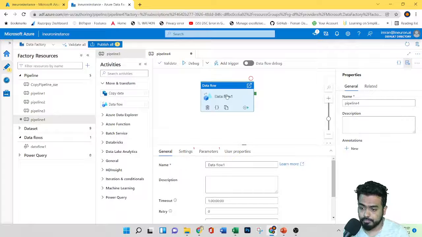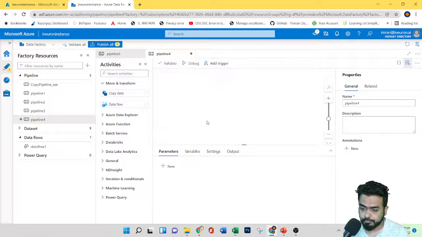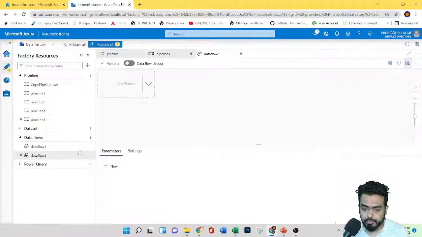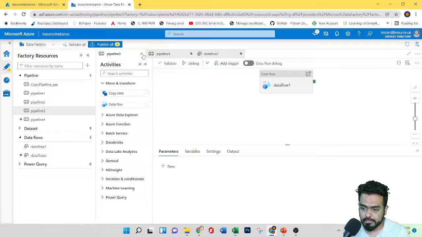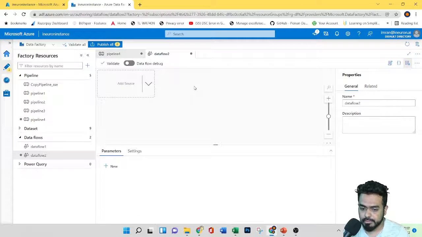Let's keep the name pipeline 4. Now let's create a new data flow, that is data flow 2, and we'll directly add it under this pipeline. Here you can see we have different options, so we can change the name of this data flow. Under General, you can provide a description.